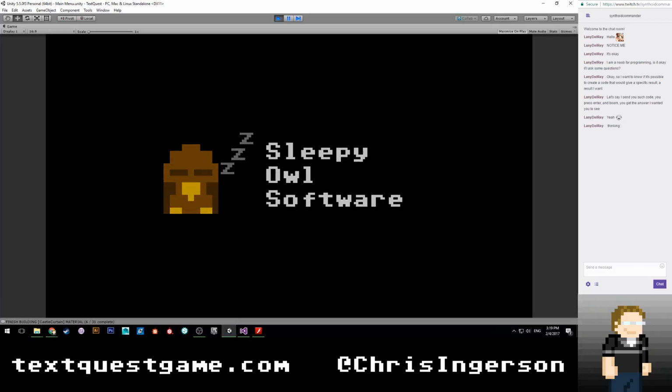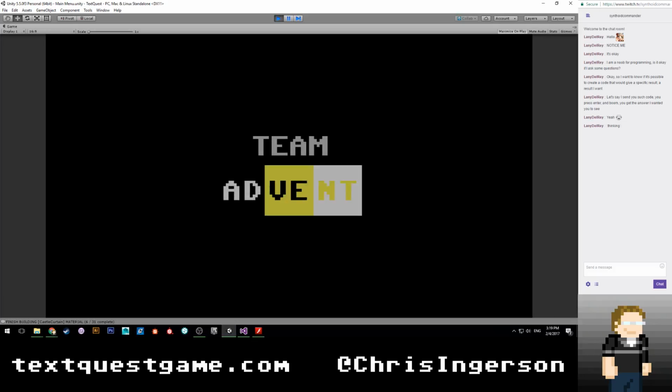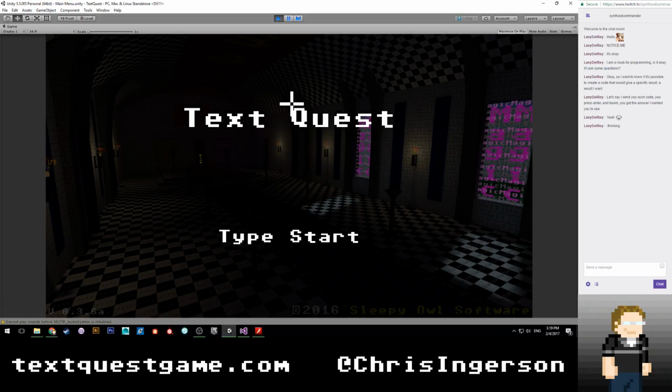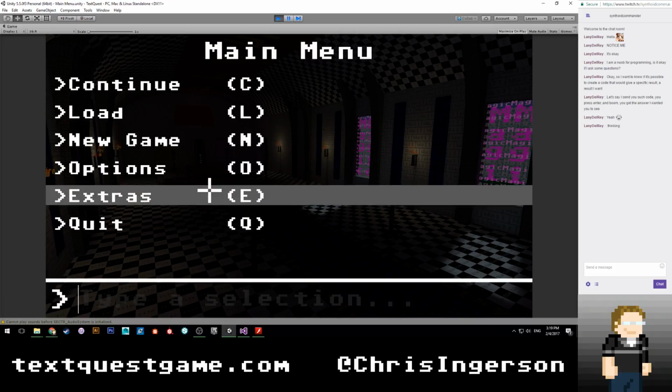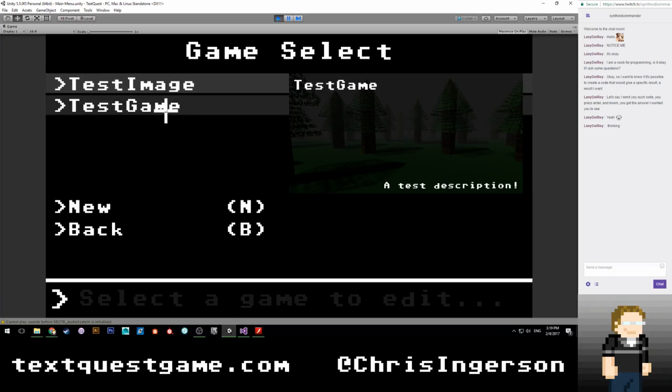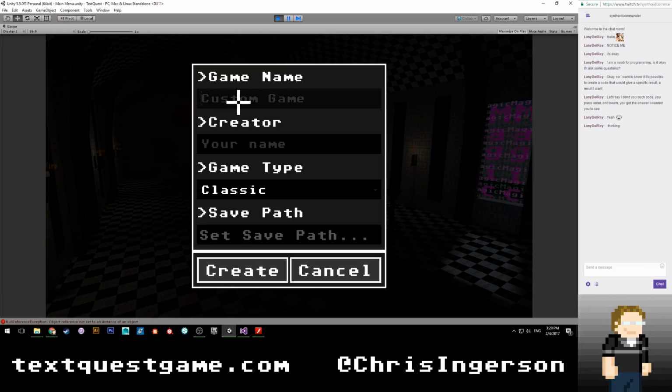See, so there was a slight delay there, and I wonder why that is. Well, in any case. All right, so the king and the magic. Yes, it's dynamically updating. I just love that. So let's go to Extras, Author Mode. Let's create a new one. We're going to call it